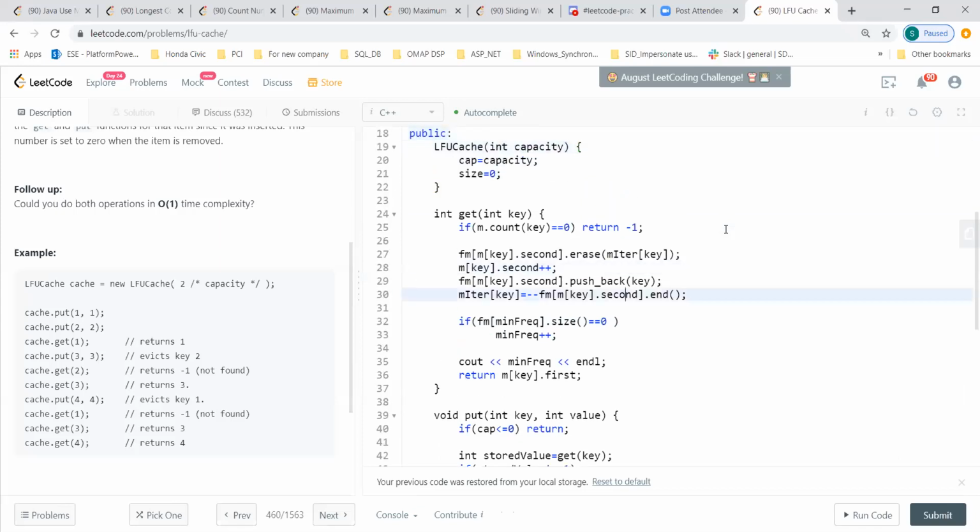So this FM is just maintaining the bucket. So when you are getting, you are pushing it back, and then you are incrementing the frequency.